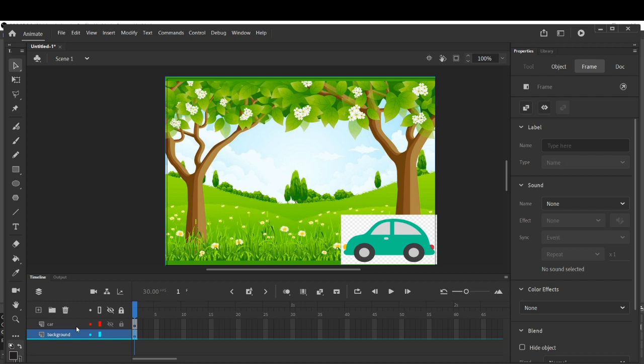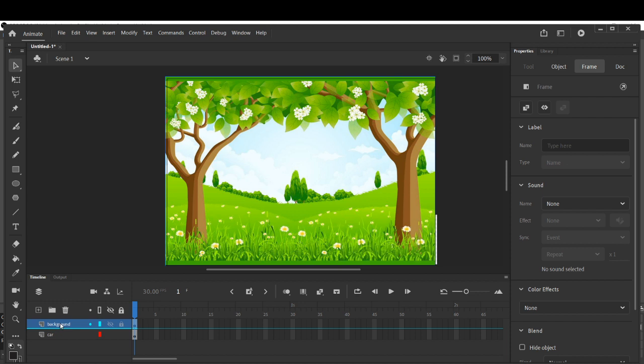Now the next topic is ordering: how to change the order of layers. If you see page number 66, it clearly says how to change the order of layers. Children, the layer which is at the top will be seen clearly. If I drag the background over the car, see, where is my car, children? I have inserted a car, but where is it? Because the whole background layer has covered this image, the car is not visible to us.